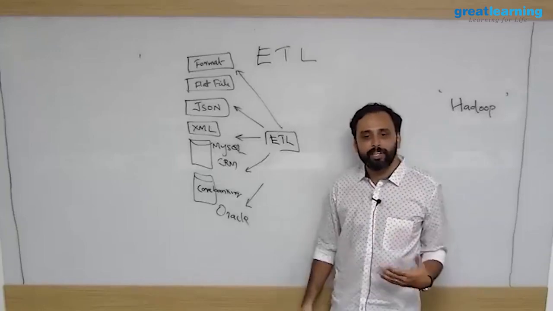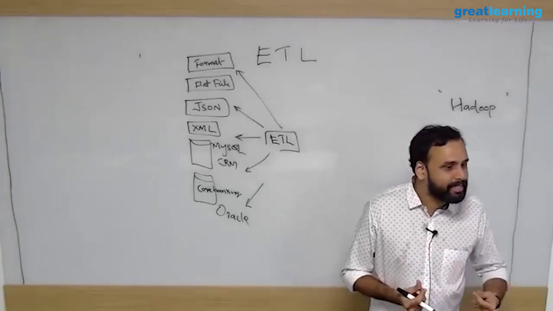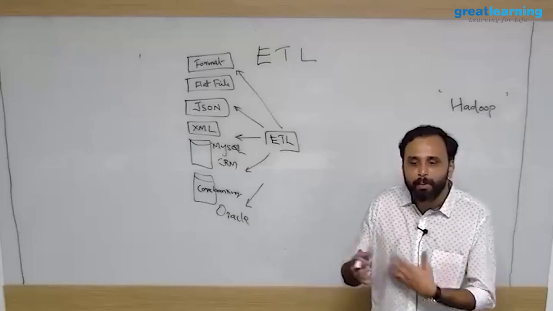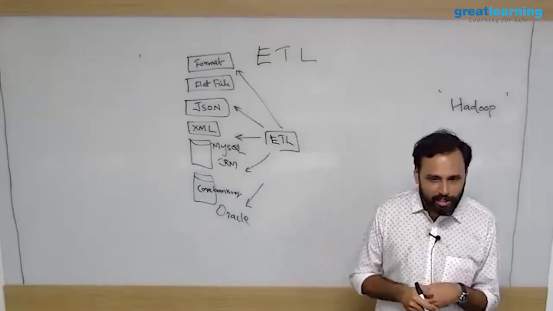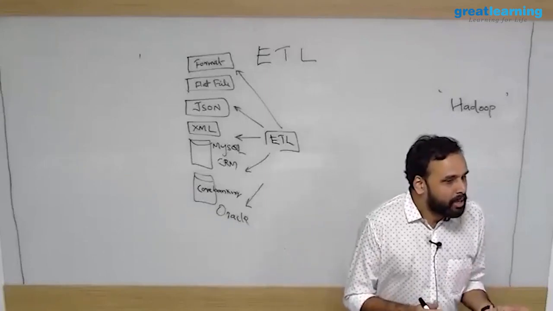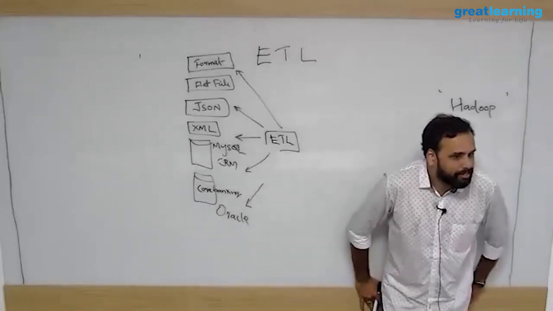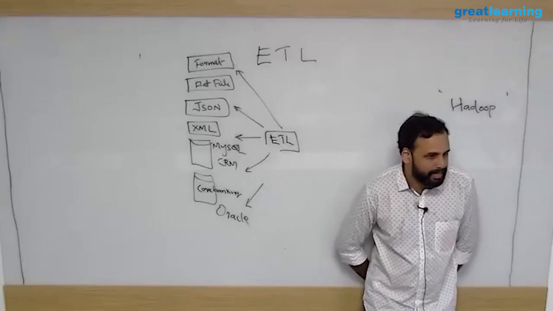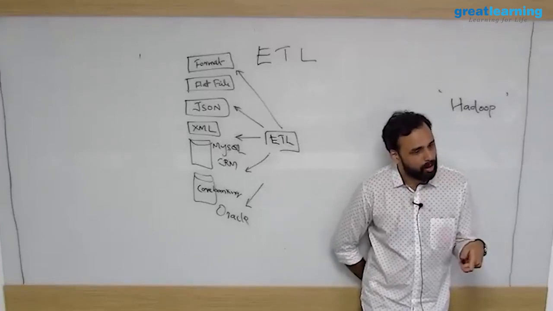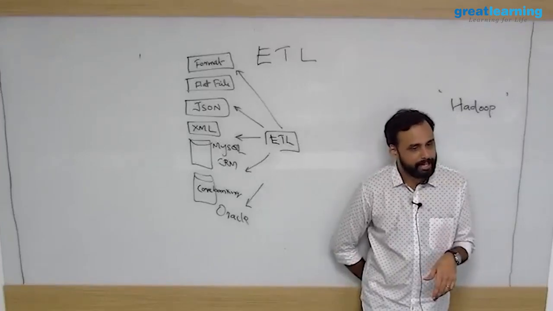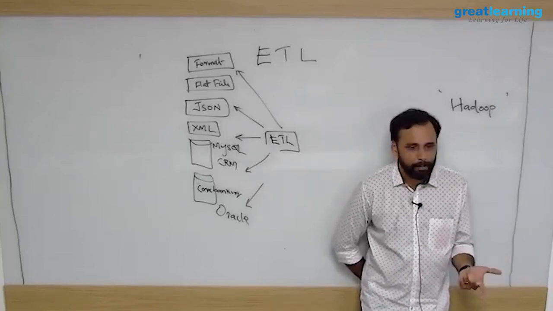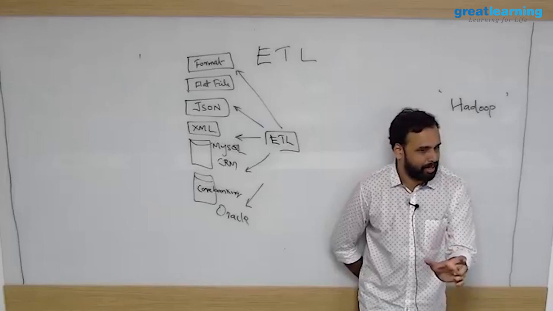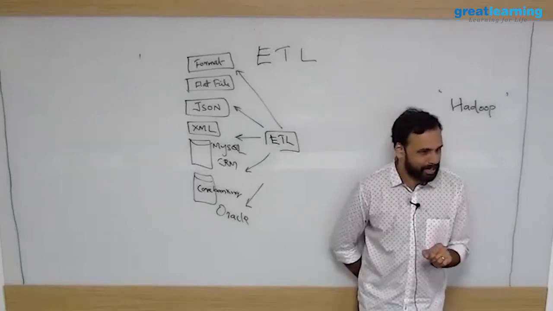The problem is Android is open source, right? And open source means every company will modify it according to the requirement. As a Samsung phone will have their own Android, right? So accordingly, a lot of bugs may come. The platform may not be as stable. If it is an Apple phone, only Apple produces it, right? And if there is a bug also, if I call Apple or somebody calls Apple, they will fix it, because there's only one version of it available, and they know what bugs may come, may not come.